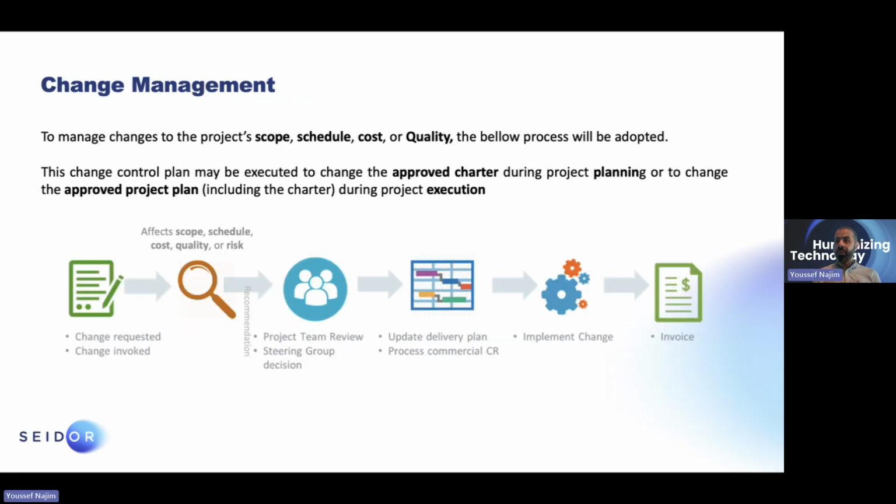In terms of change management, we know that sometimes things change. The project might take 3 to 4 months. Sometimes it might take 6 months, depending on what you want to implement. And we know that organizations are rapidly evolving. So if there is any change during the project, we're quite flexible, and we have a very clear change management process where we define it with you, and then we get the right approval from the project sponsor, and we clearly define for you exactly what is included in any change request, what the objective is, what the purpose is, and so on.